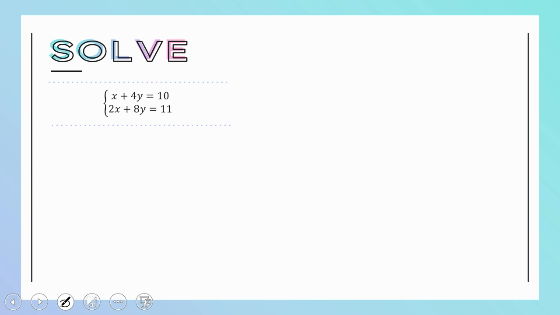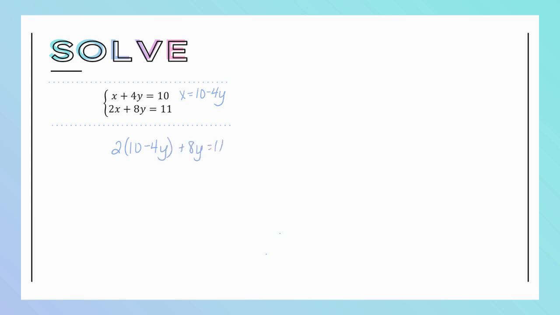Here we have 2 equations. None of them have anything the same, okay? So let's try substitution just for a little bit of practice here, which means I'm going to take this top one and I'm just going to subtract 4y to the other side because it gets x by itself. Now I've got a nice little expression that I can plug into the second equation, and I will be able